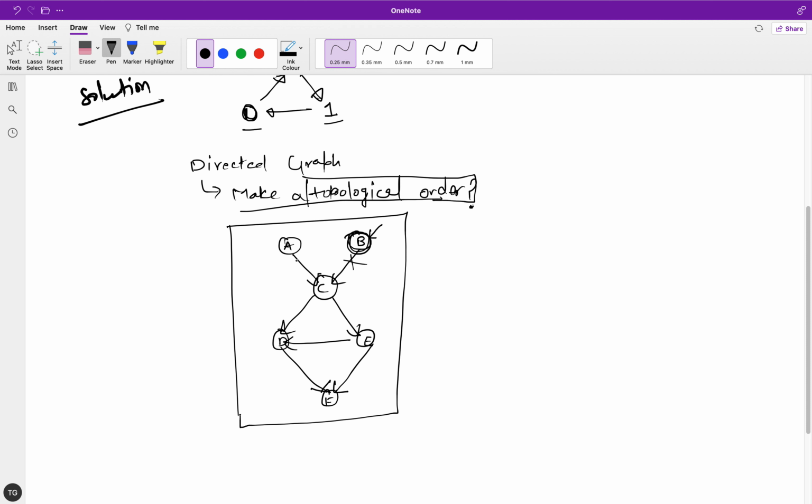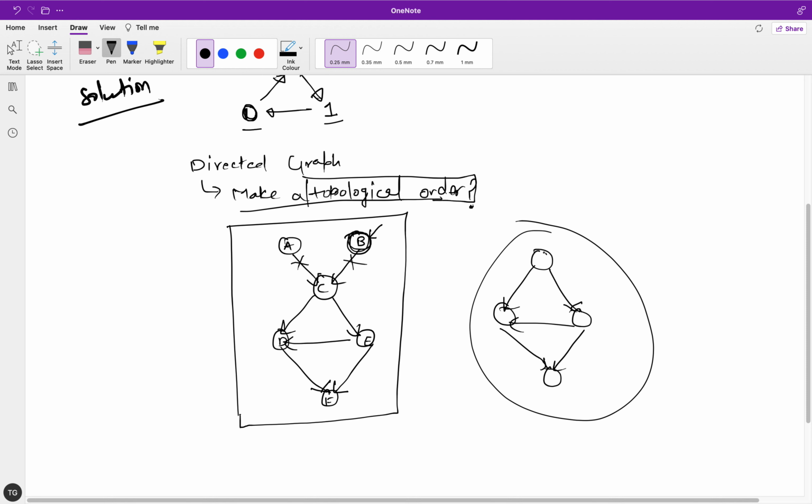And the same I can do with A as well. Then how will my graph look in this case? After that, it will look something like this. From this graph, I have this particular vertex which does not have any incoming edge, so I can complete that and remove all these edges also.